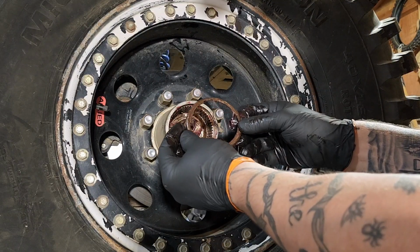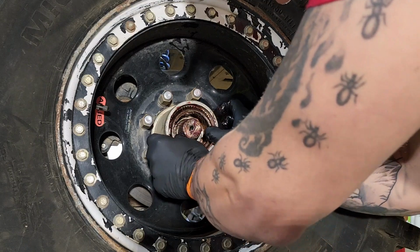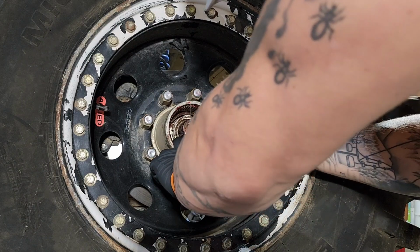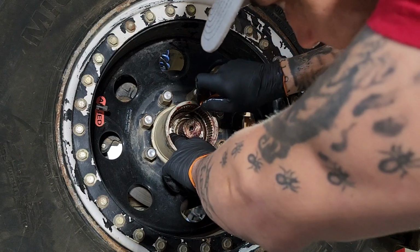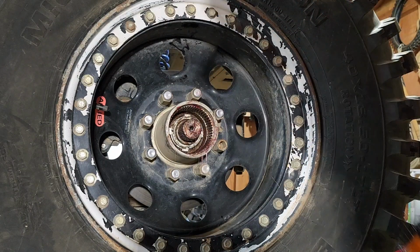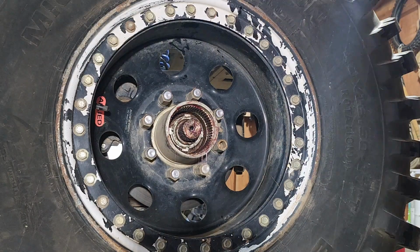Remember, flat area out. So we're gonna put this thing first. We're gonna align it till it goes through these random washers on that cross section all the way to the back. Hopefully the camera kind of cut on that. Next step,